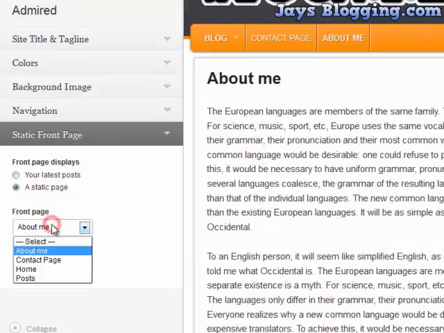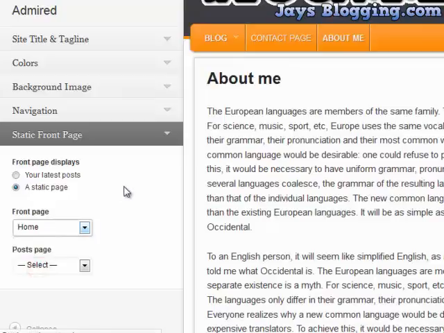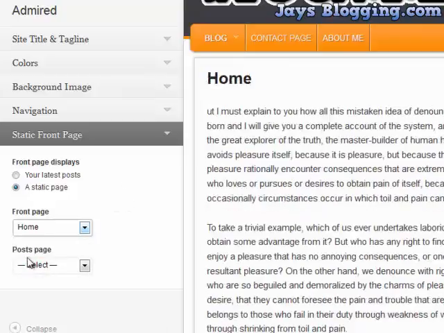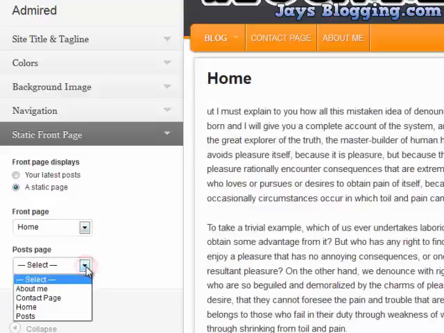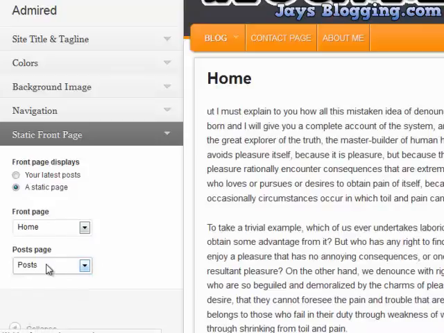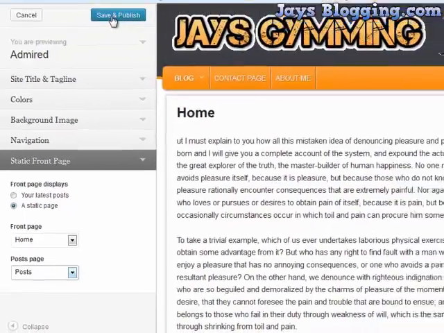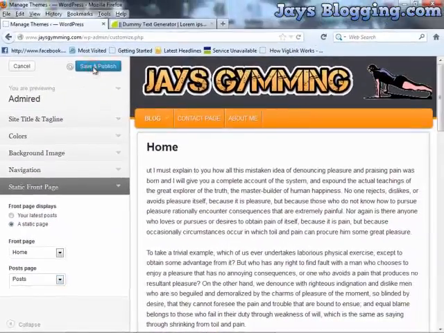And the front page will be home, which is the one we'd selected, the one we created for this section. And the post page, where we're going to have our posts. So that is going to be in the posts section. Now it hasn't appeared here because we haven't updated our menu. So we're going to click save and publish, close,